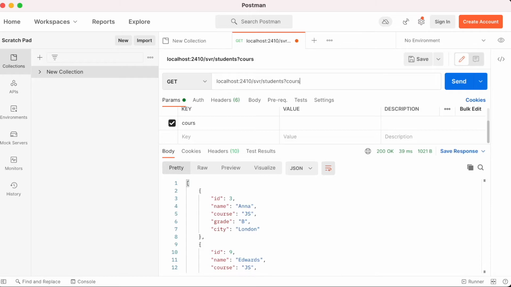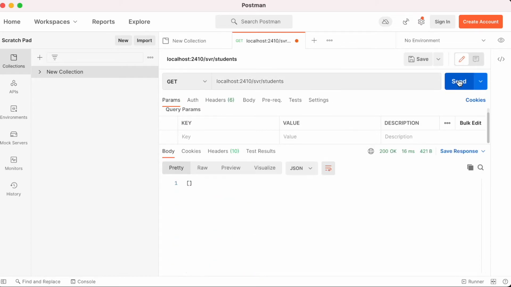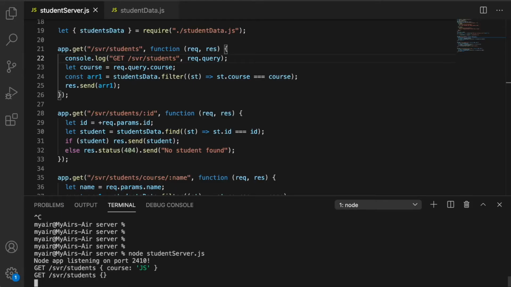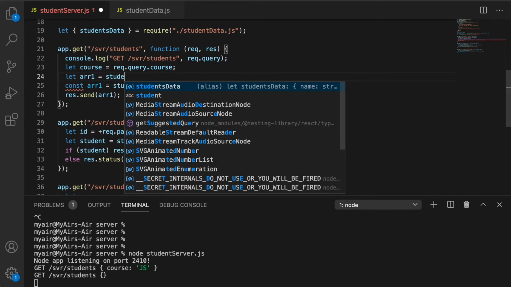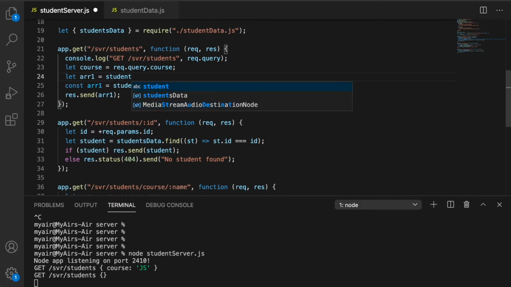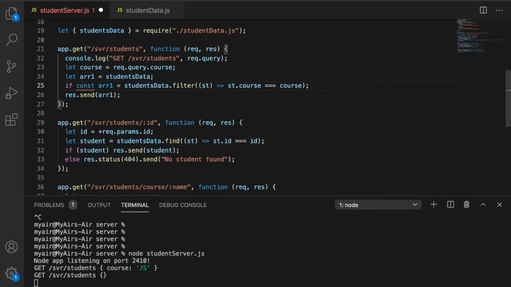If I send it without the course, then what we get is an empty JSON. So course here will be undefined, which is why this filter did not work. So what I should do is say let arr1 is equal to studentsData.